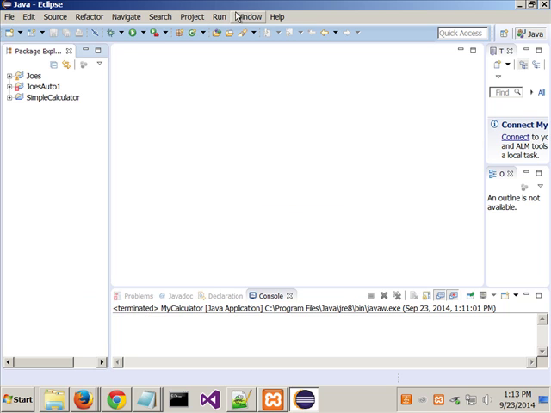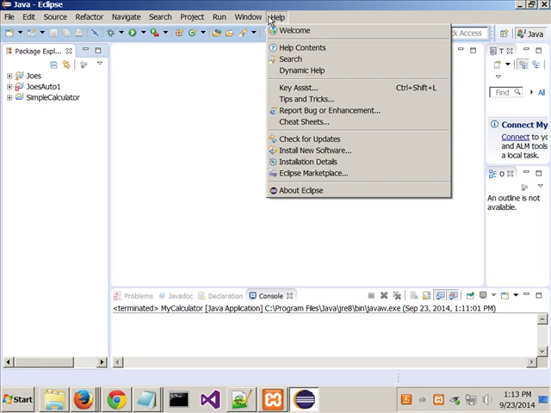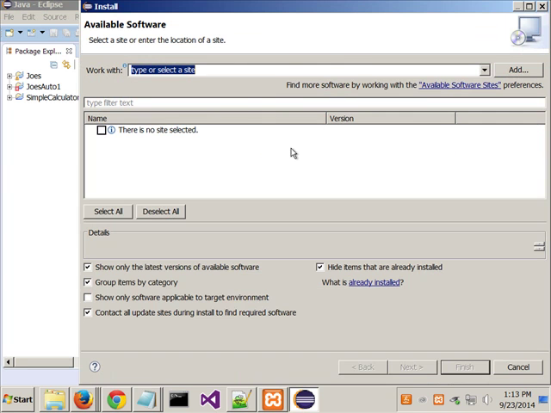So again, to start off with, we're going to choose Help. And under Help, I want you to choose Install New Software. And what you do next is a little weird. How did I learn this? I watched a bunch of videos, literally. So what I'd like you to type in here, and hopefully when you start typing it, you won't have to put in much, is http://